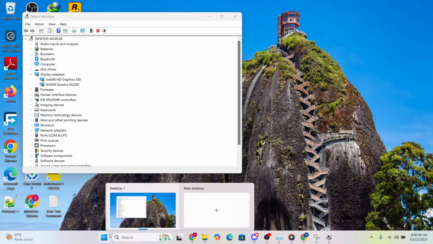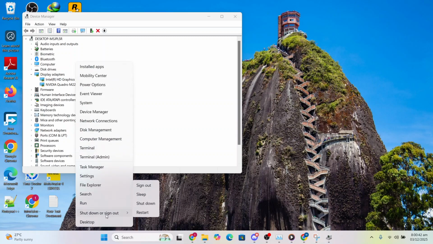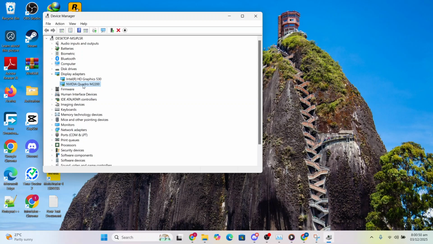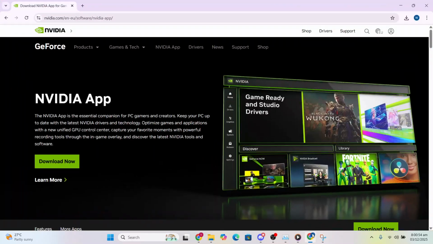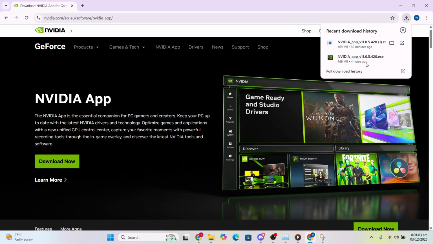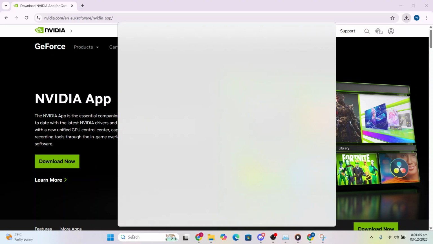You just right click here and then you come here, shut down or sign out, click on restart, and once your PC restarts, it will automatically reinstall the drivers. Then what you do is you come here to nvidia.com, download the NVIDIA app. Click here, NVIDIA app, click on download now, install the NVIDIA app, and then I want you to open it